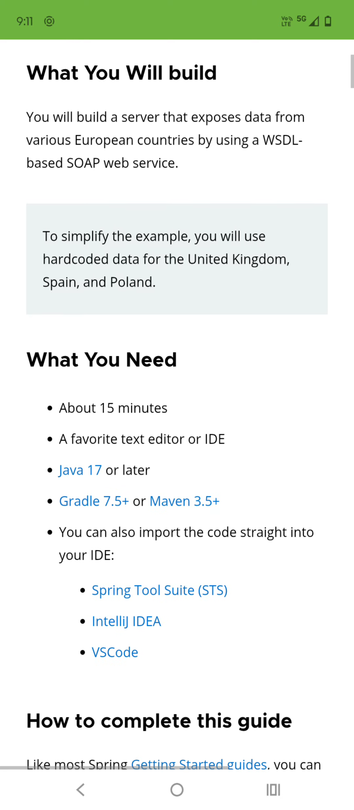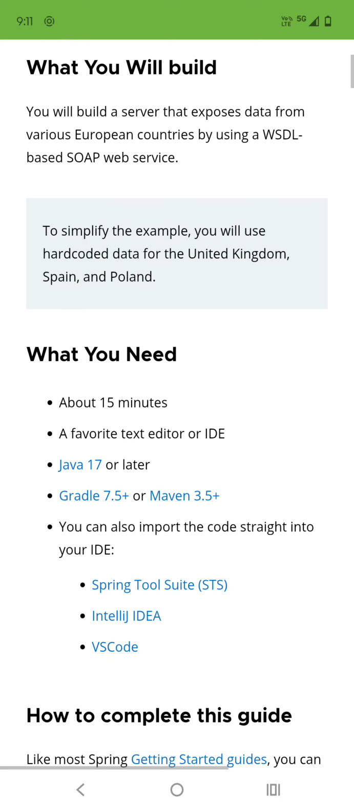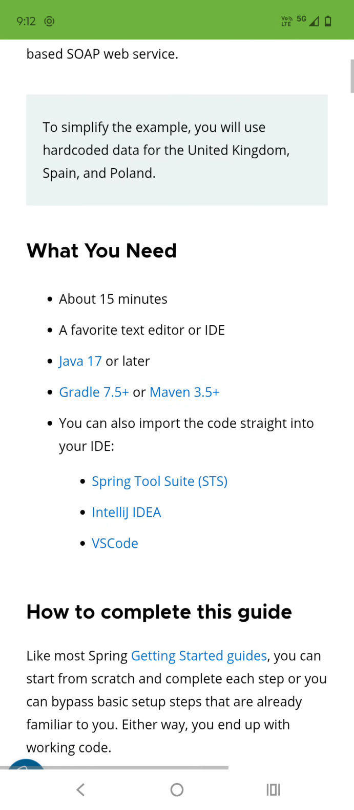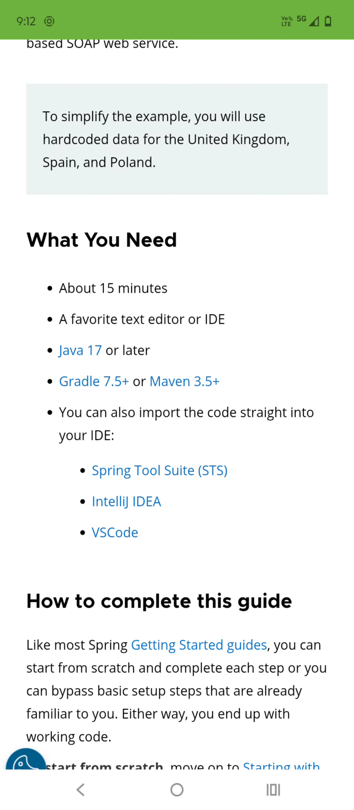I'll explain how you can create SOAP web services using Spring Boot. You can also create SOAP web services using other ways. But the latest and trending technology is Spring Boot, and I want to explain how we can do it in Spring Boot. So for that,